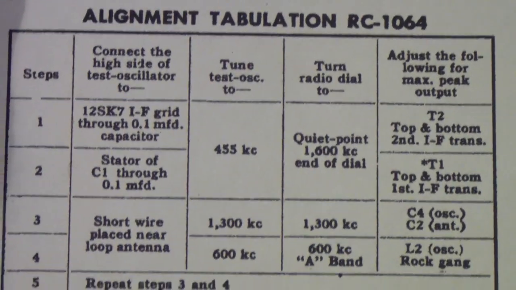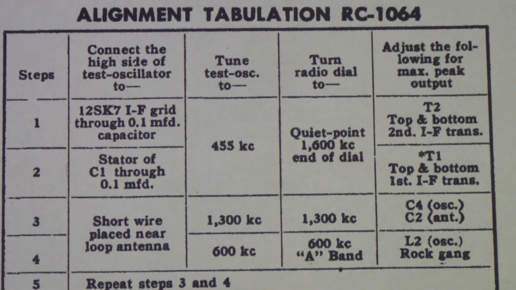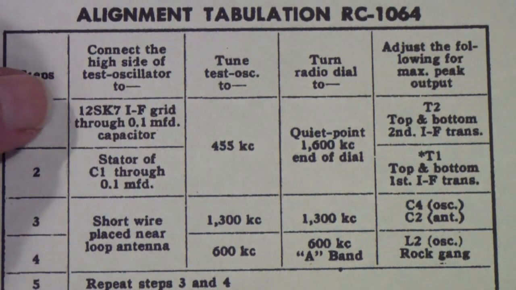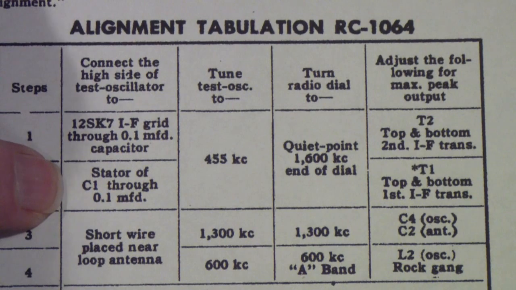So, if you're going to do alignment, get the equipment you need to do it. That includes not only a signal generator and a decent high sensitivity AC meter, but also the right alignment tools. And as we saw earlier in this video, you may need a bias supply, like that little 3-volt unit that I put together, to clamp the AVC, the automatic volume control. Okay, so we adjust the 455, first using the 12SK7, and then using the stator of C1 through a 10th